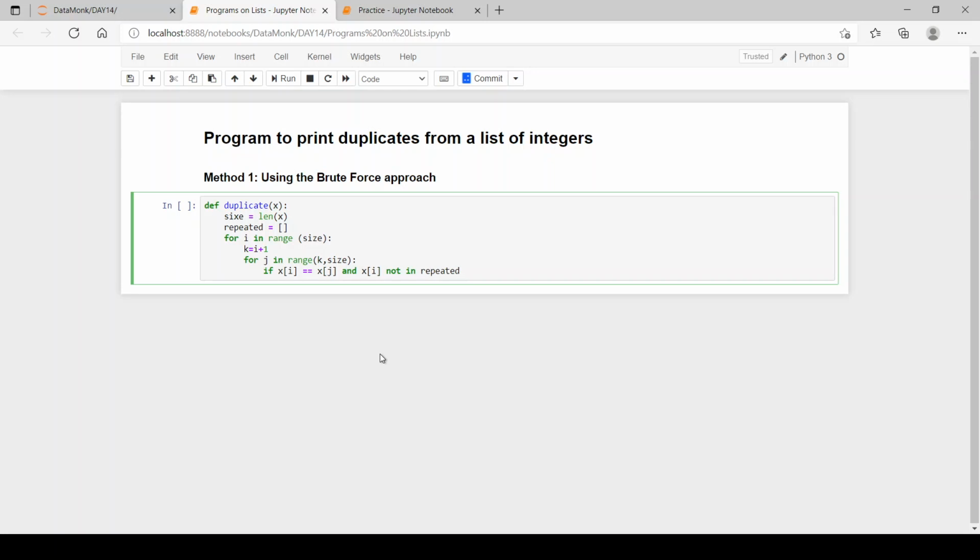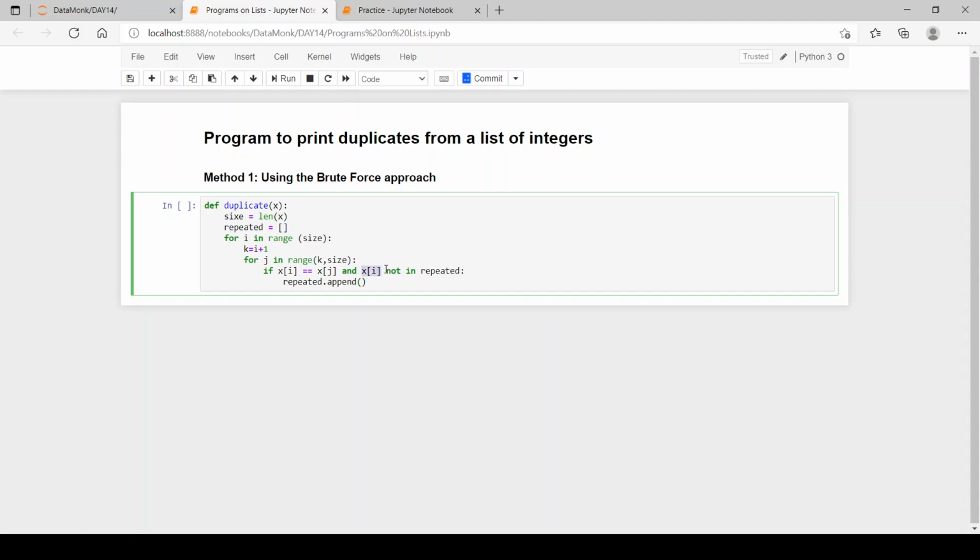So it should not be repeated, and it should be equal to x[j], meaning it should be equal to some of the other elements in the list. If so, then we will append it into the repeated list.